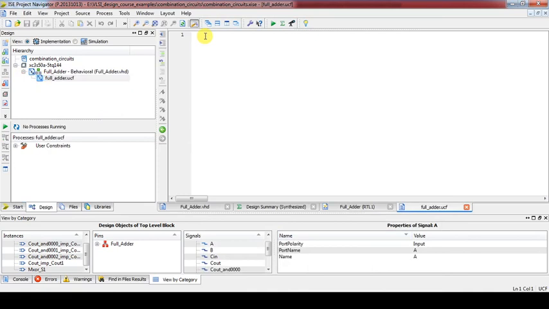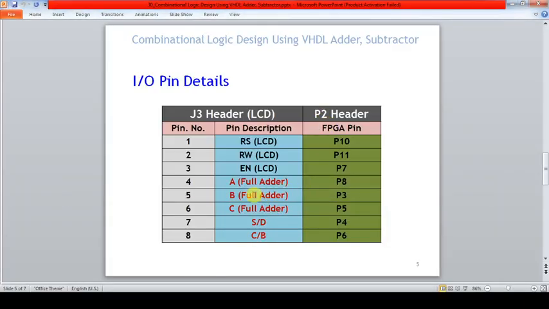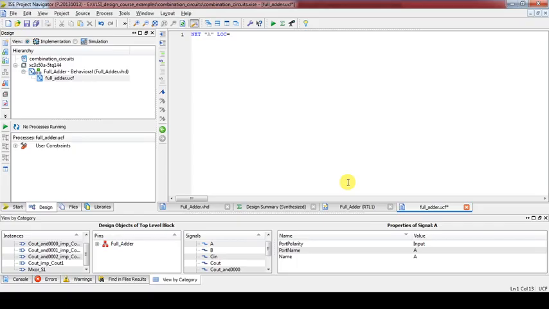So in the lecture on creating a UCF file, we have seen the syntax for how to assign the pins of internal signals to the FPGA. So the syntax is NET, then signal name. Here the signal name is A. We are going to assign LOC equals, as per this table, the full adder input A to FPGA pin location P8. So let us connect P8 semicolon.